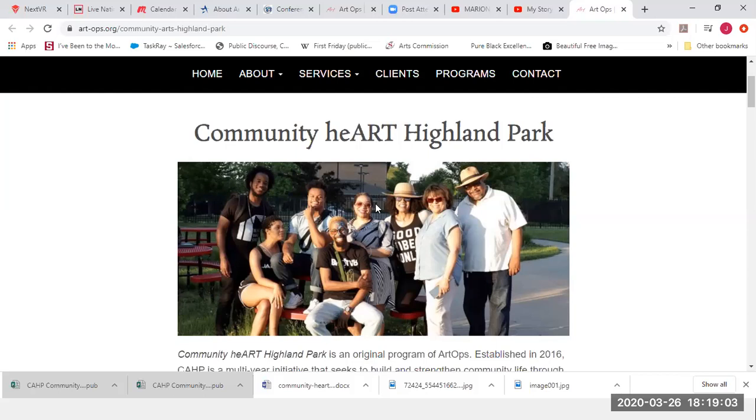But just to talk about who these people are in this picture. When ArtOps expanded the Community Heart program and asked for that extension from Erb, it went on to create something called the Highland Park Arts and Cultural Council. So all this cool stuff that ArtOps has been providing for the community, programming, professional development, and all that good stuff, we know that our grant will come to an end. And when that grant comes to an end, we want the program to continue. And we decided to pair up with Highland Park Business Association to create the Highland Park Arts and Cultural Council as an arm of the Business Association.